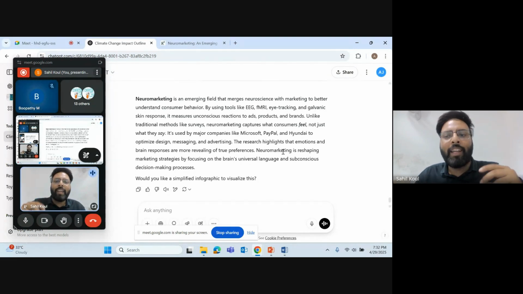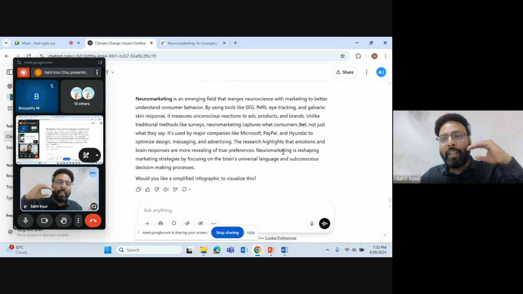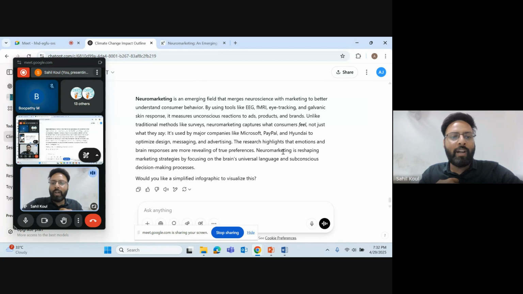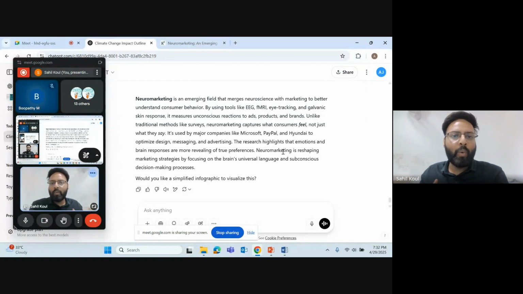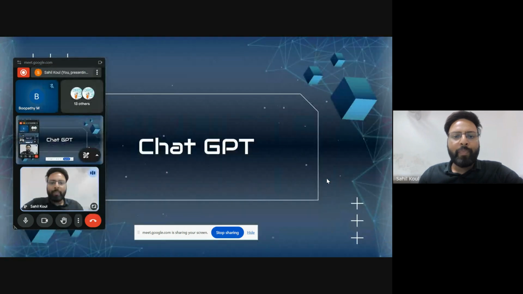So with this, I can quickly go through hundreds of papers. So that is the power of AI. That is the basic power of AI, and that is using it ethically also. I'm not using it for any copy paste thing. I'm just using it for my own understanding, for my own benefit, for my own research quickness. That is what is important in the field of AI and in the field of research, right? Now, let's quickly move ahead.